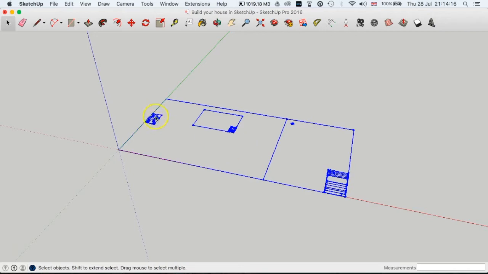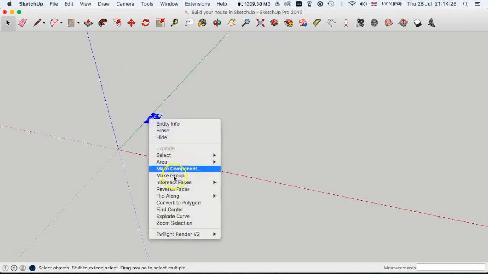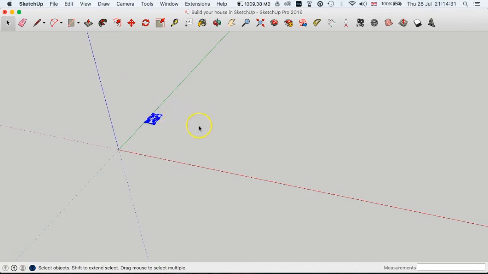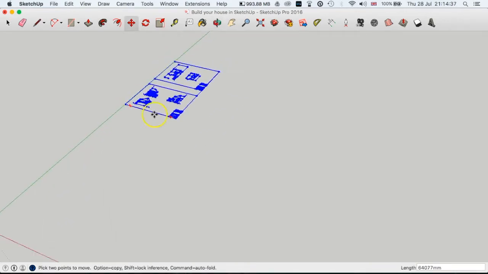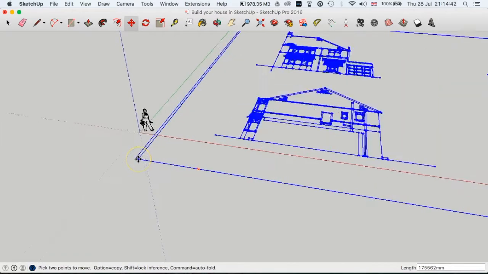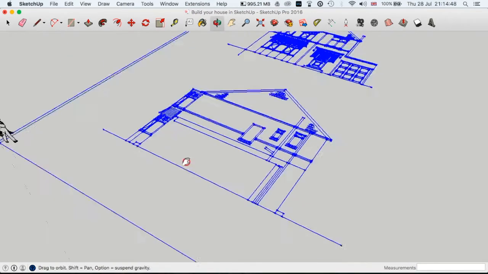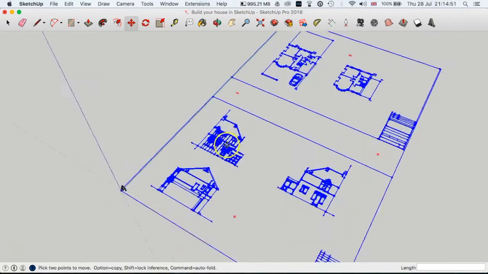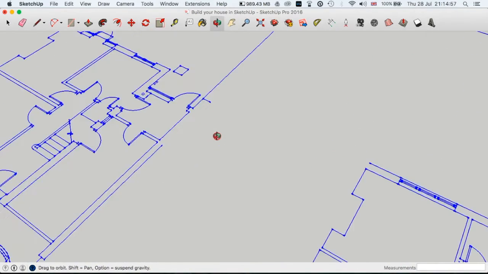because all we need is these two drawings over here. Once that's exploded, we're going to delete those two parts, group those back together, right click, make group, and then pressing the M key, we're going to move them down to the origin. Where the nice lady is, painter and decorator. Okay, so we just pop that there. So you can see now, what I've got on here is my elevations and my plans. What we're going to focus on though is the plans. These are all grouped,